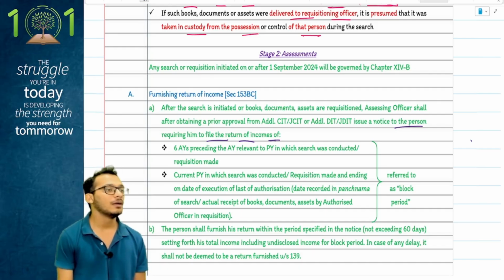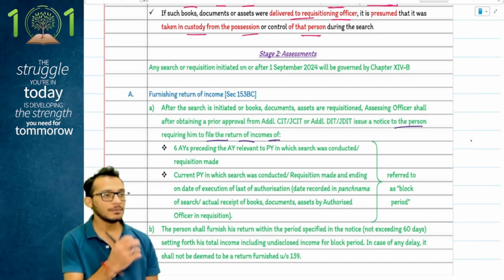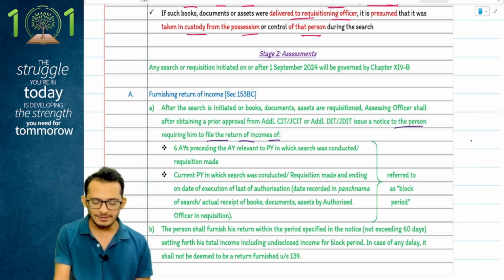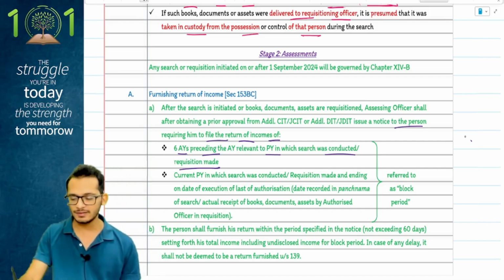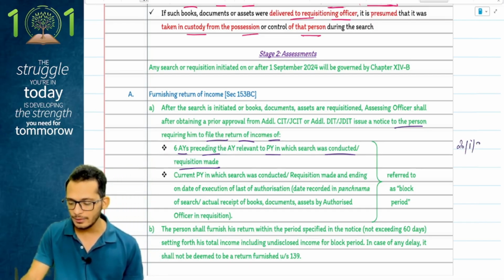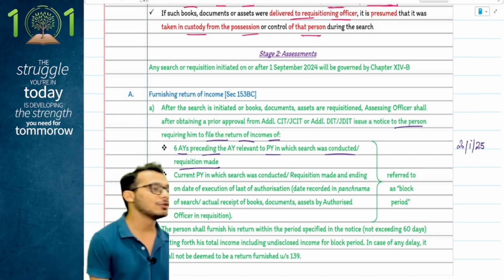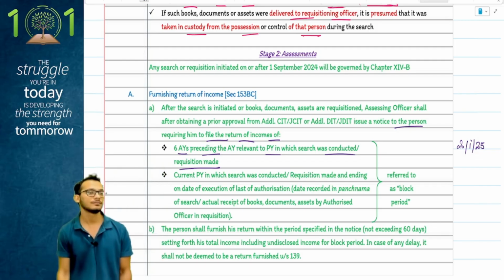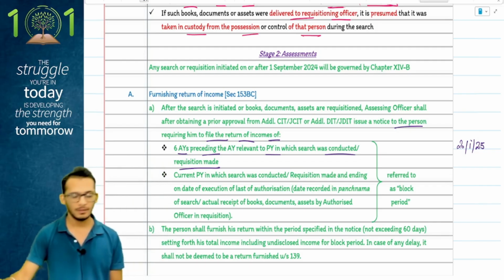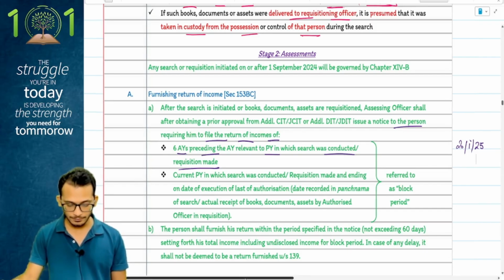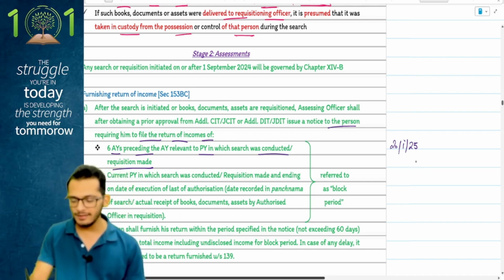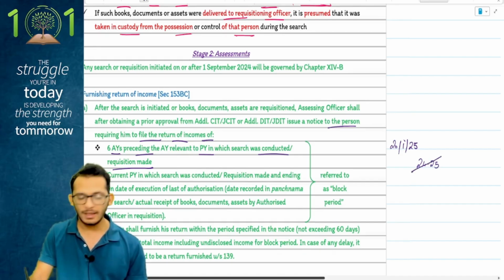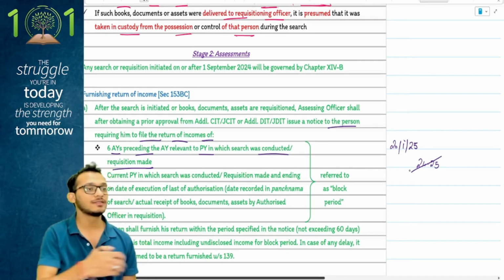Here I am going to ask you to file return for block years. Here is where income tax says I am asking you to now file a return of 6 years preceding the assessment year, relevant to the previous year in which the search was concluded or requisition was made. People, if my search is happening on 20th January 25, I will ignore 24-25. 6 years prior to this, meaning